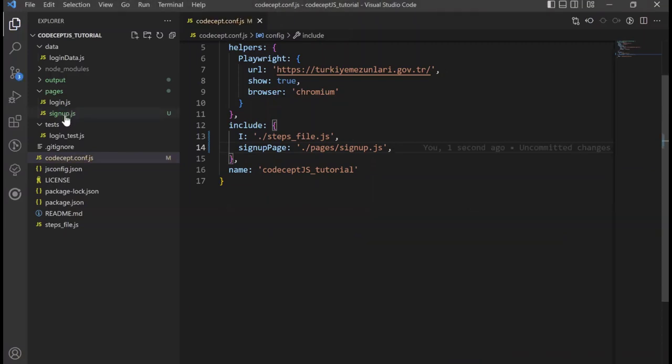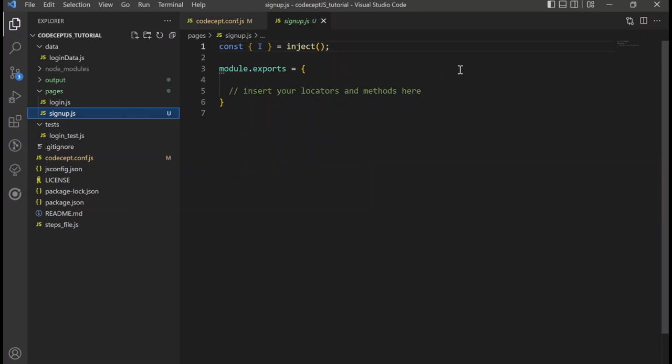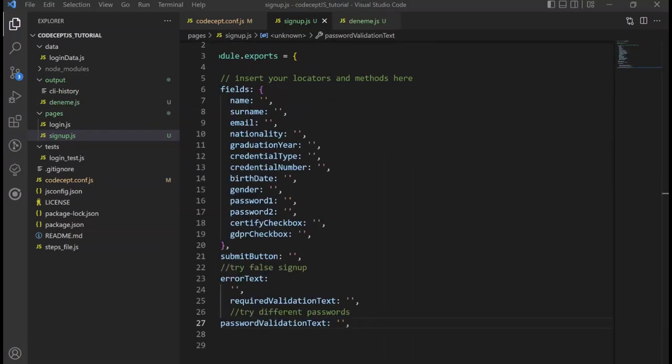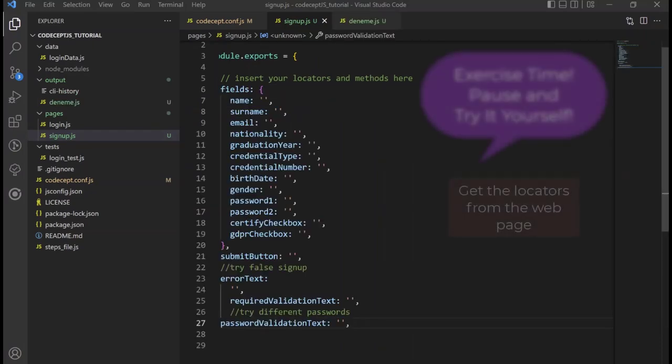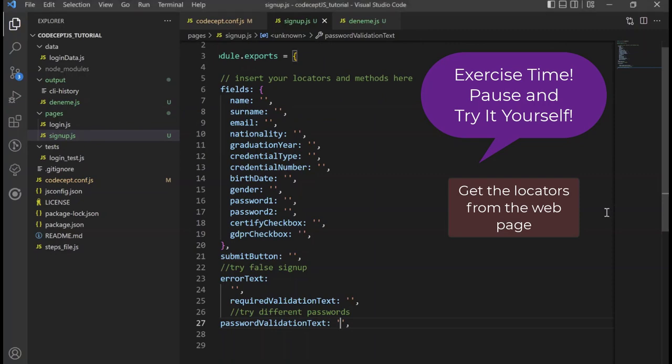Now let's look at our new sign-up page. These codes are automatically generated. Now I will write the fields and you will find the locators from the web page. For error text, try signing up with false values.